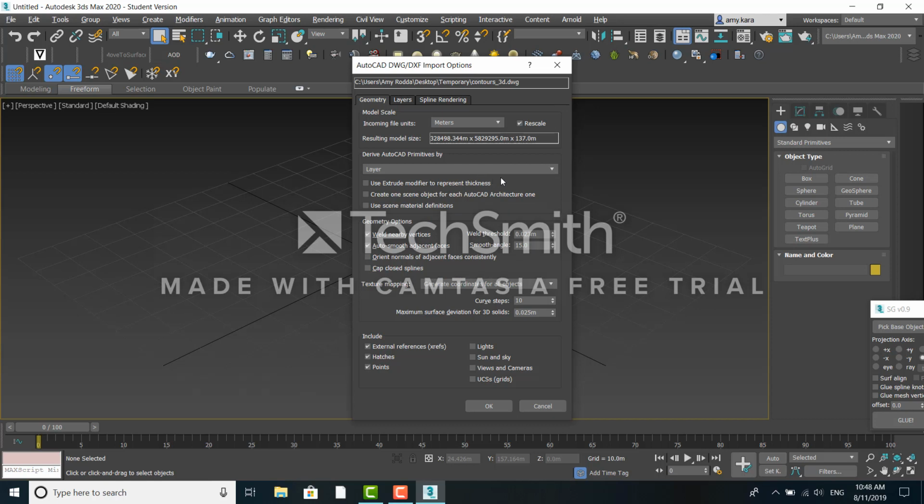The DXF should already be in meters, as this is the unit type that both Orion and QGIS use for their geometry files. Then we are going to make sure that our derived primitives are set to layer, and then we're going to tick this UCS box as we are wanting to use the UCS that we created. And then most of the other options should be pretty stock standard, so we're just going to press OK to